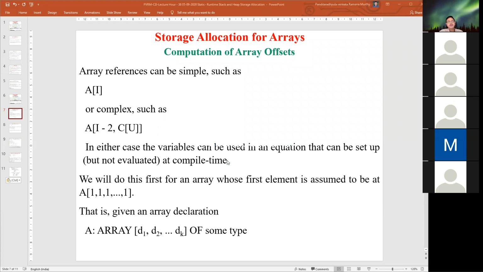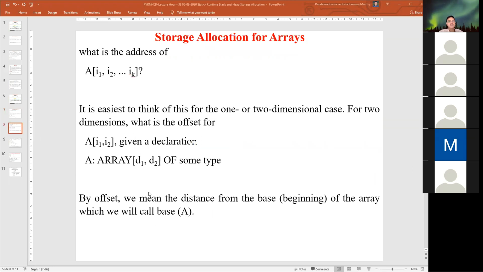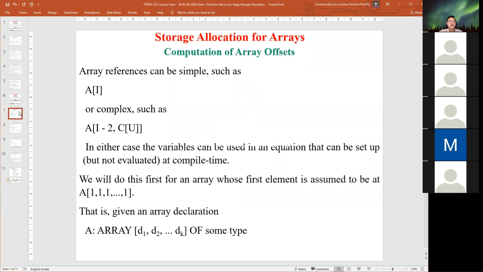In either case, the variable can be used in an equation that can be set up at compile time, but cannot be evaluated. We are doing this with the help of the first element of the array, which is assumed to be at maybe A of 0.